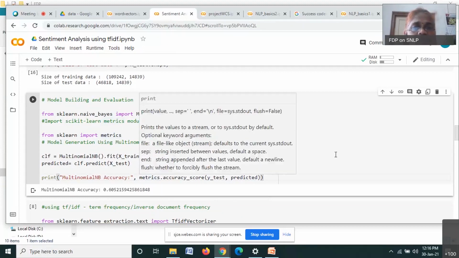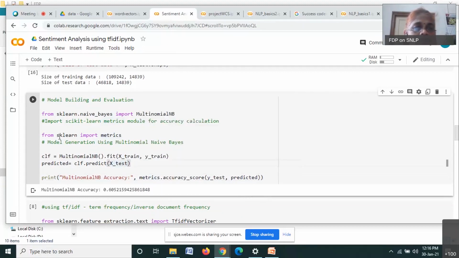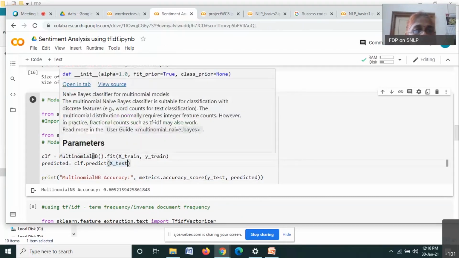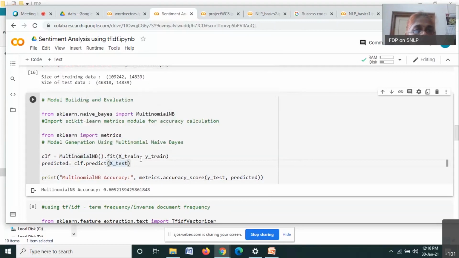And here also it is simple, so nothing much to do about this. You import whatever functions you need from the library, and you just have to say clf equals MultinomialNB, dot fit X train, Y train. So X train is what I have obtained while splitting.